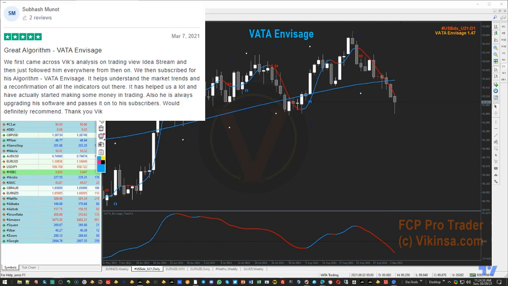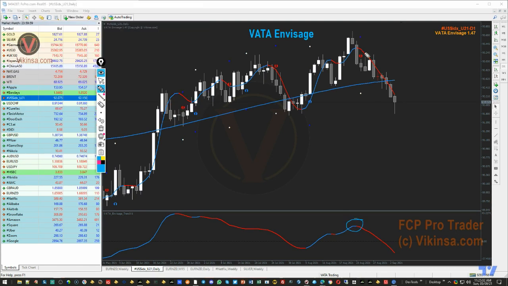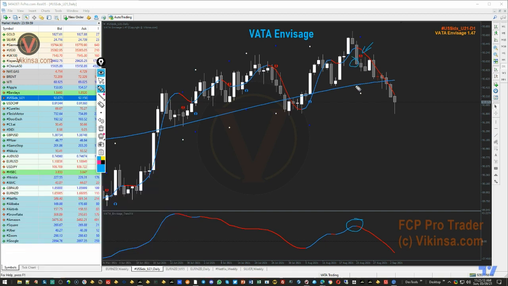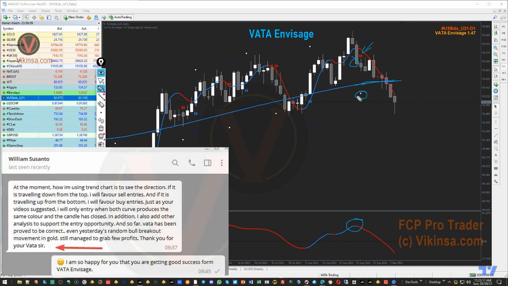On daily time frame, we had a very good signal. So we had bearish trend here, and then we had a signal here. It was slightly delayed, but that is only if you are looking for non-aggressive entry. Aggressive entry was made on this candle, and this was your first profit target, the water curve, and the second profit target was this white dot. So this was a good move all along, and now market has come here.